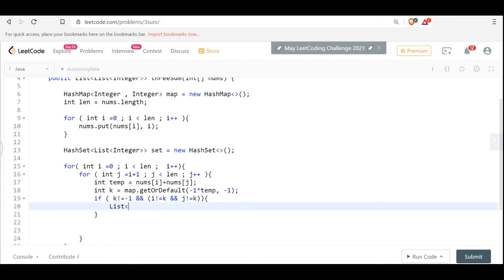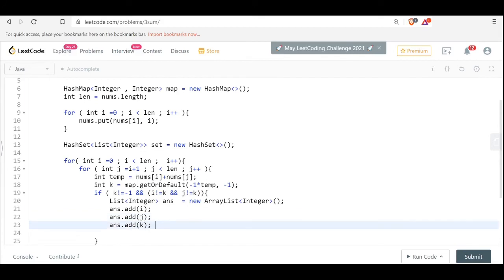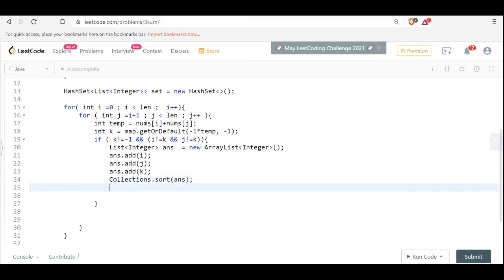So I'll say that this list of integers answer is equals to a new array list. I'll add i, j, k to the answer, then collections dot sort answer, and then I'll put it into set dot add answer. So that's correct.